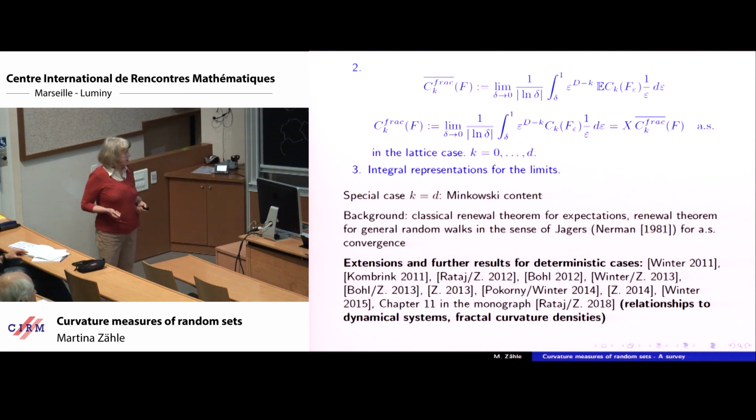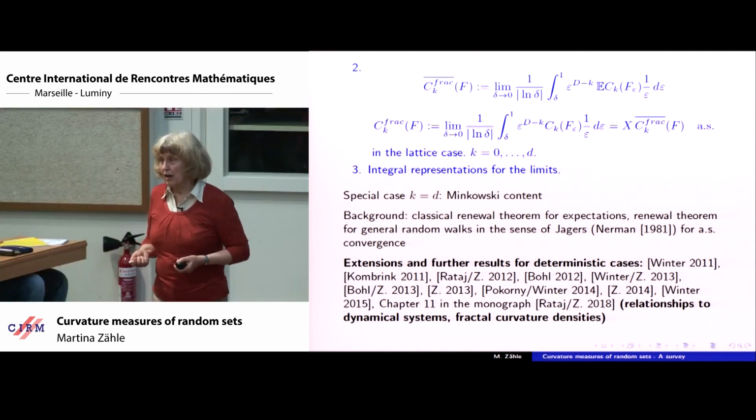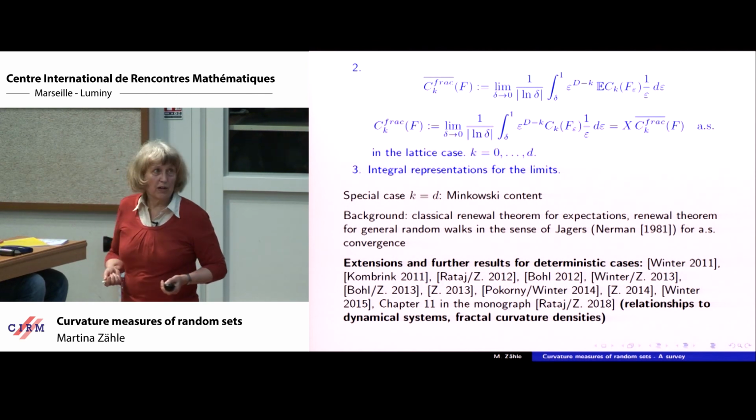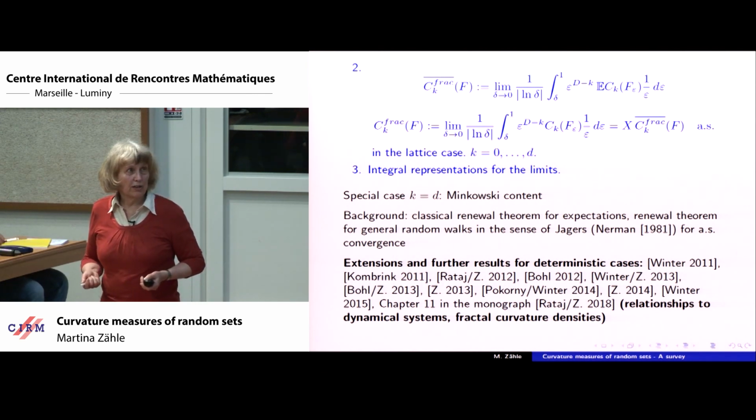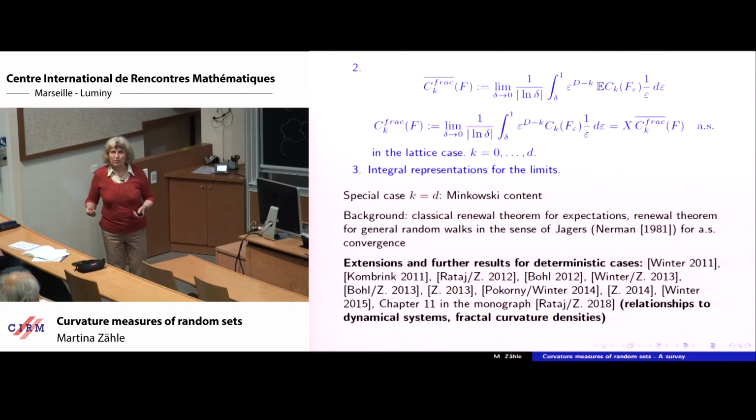Yeah. And we have nowadays also many other results in fractal study. I mention here some recent papers, starting in early 2011. These are the first papers of the extensions. And we are preparing a book with my colleague Jan Rataj, and in chapter 11 there is a survey of all these results, and also some ideas are presented and some proofs for beginners, in order to give an introduction.